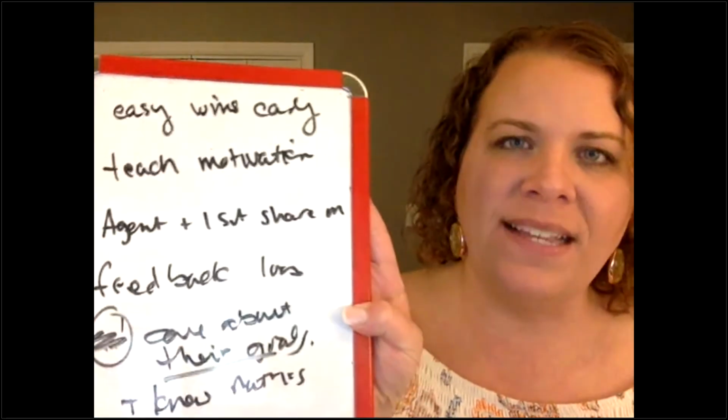So let me recap these 5, and then I'll tell you where you can get some of these systems. So number 1, I have them all right here. Number 1, make sure that they get some easy wins early. You want to make sure your ISAs have some easy wins early. Number 2, teach them how to dig for client motivation. Again, we teach that in the class Mastering Inside Sales. We do teach that method. The third thing, make sure that the ISA and the agent both know client motivation and there's a way for them to communicate that easily.